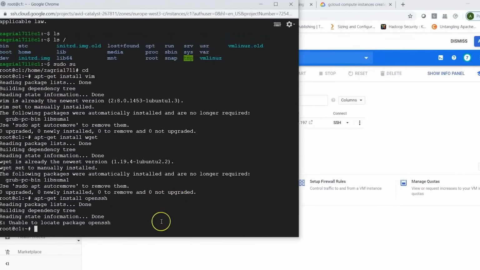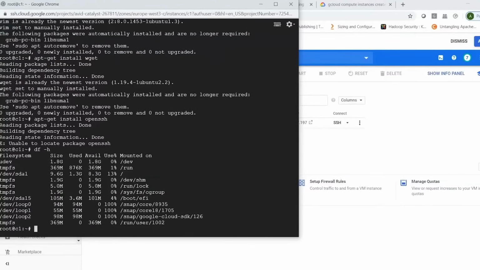Now I can start using this instance. I can just look at the disk, what is available. Okay, now we gave around 10 GB, out of which we see 8.3 GB here for the dev SDA1, and then 1.8 GB available, and you can continue using this machine. This was the easiest way of connecting to a VM